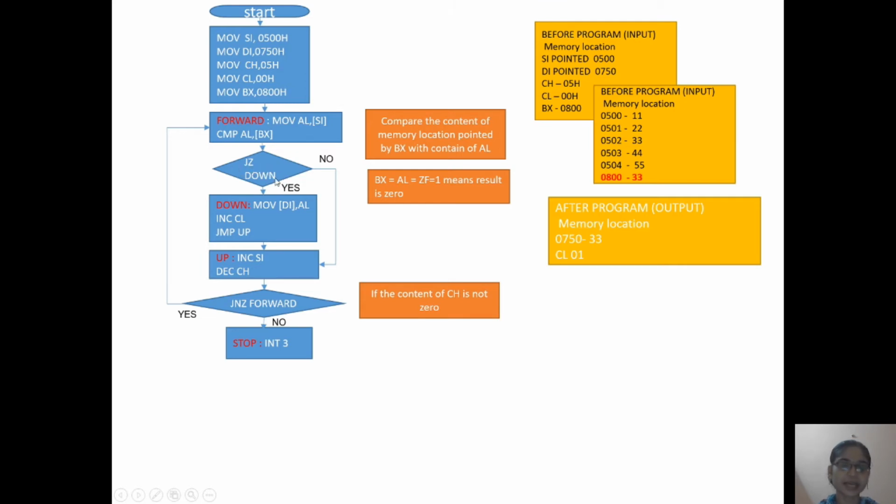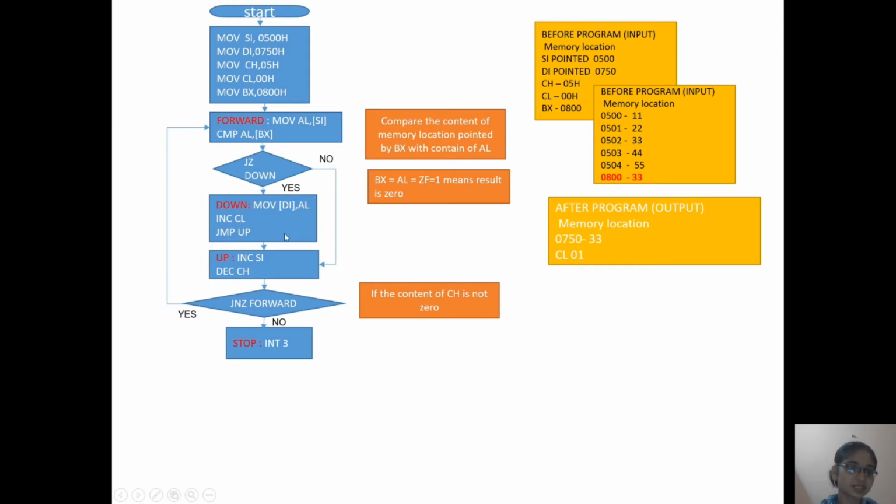This flag is only set when the content of memory location 800 is equal to the content of AL. Then only this zero flag will be set.